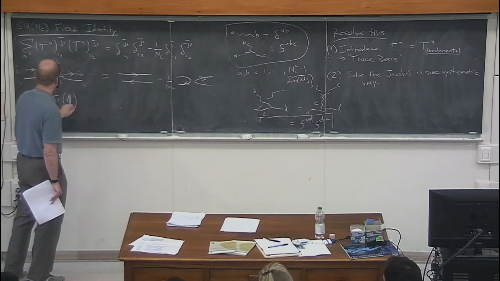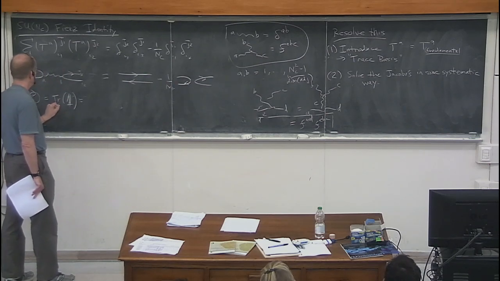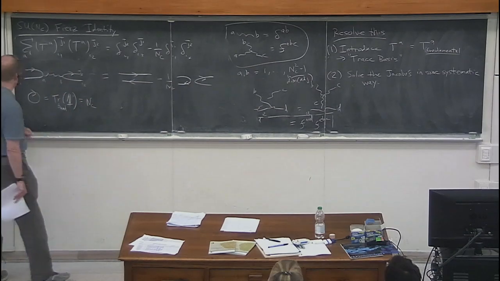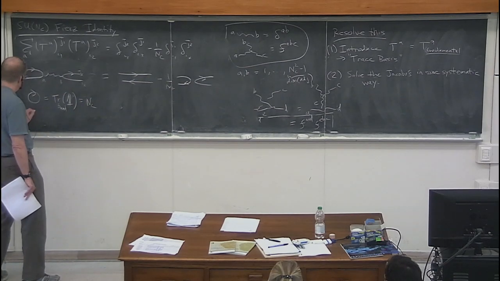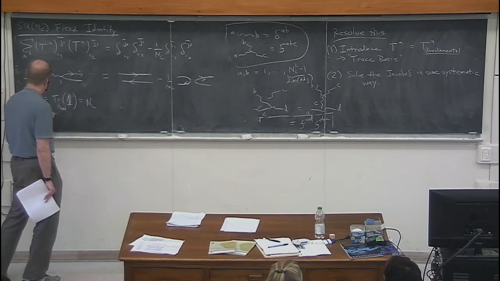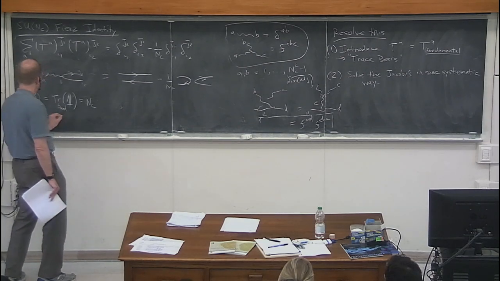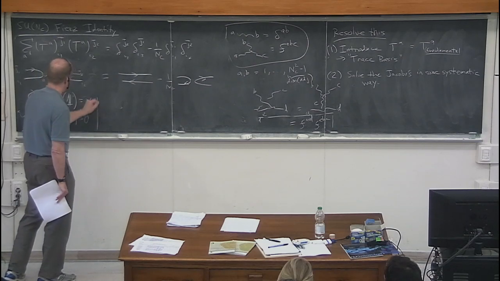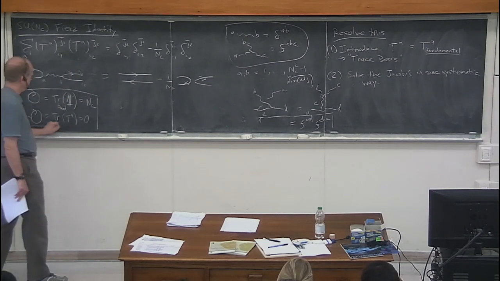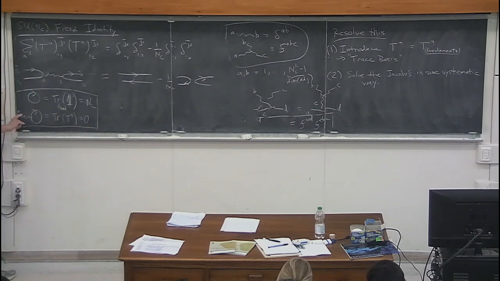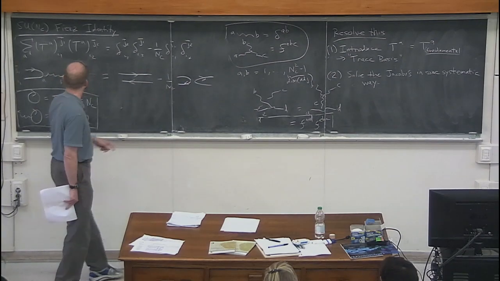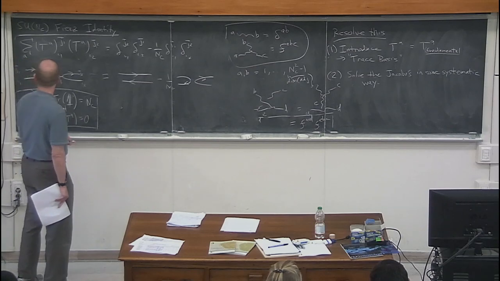And just for the record, this is the trace of T^A, which, because the generators of SU(N) are traceless, is always 0, this kind of tadpole thing. But now let's check this minus 1 over N_C, and the way we'll check it is by taking this equation and contracting it on the right with